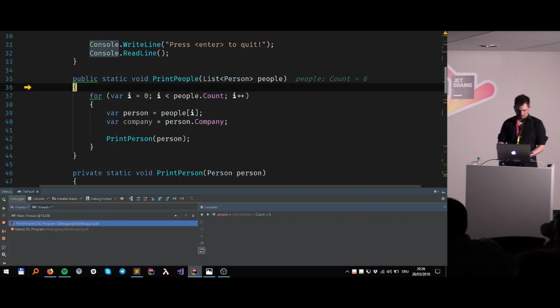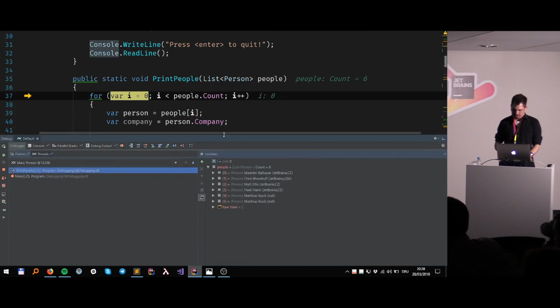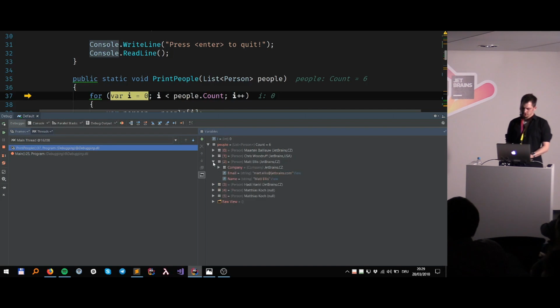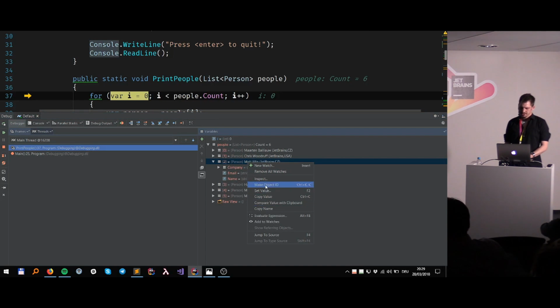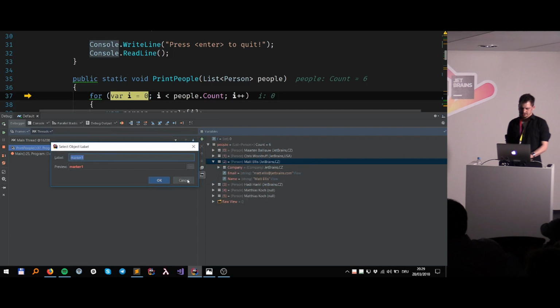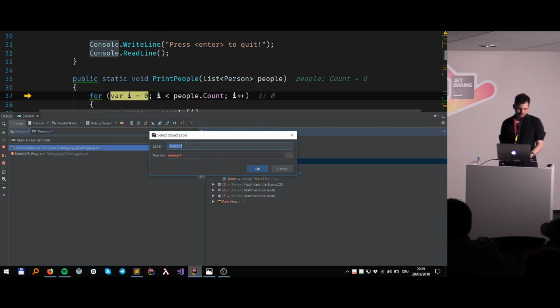Okay, so let's go back inside here. And let's say we have our people, and we are interested in some certain object, for instance, like Mad Alice right here. We could say, or make our life a little easier while continue debugging, we could say we want to select, or let's do this again, make an object ID for that particular object. And here we can make a certain marker, like